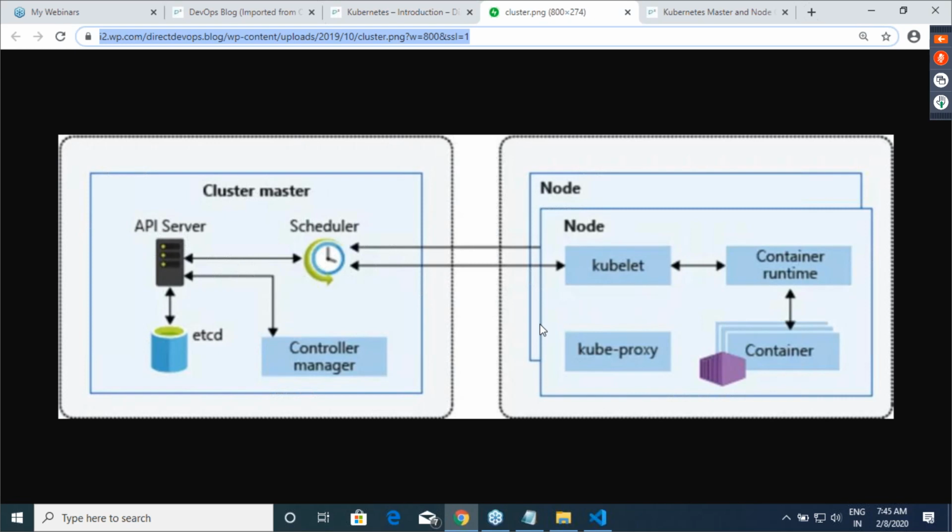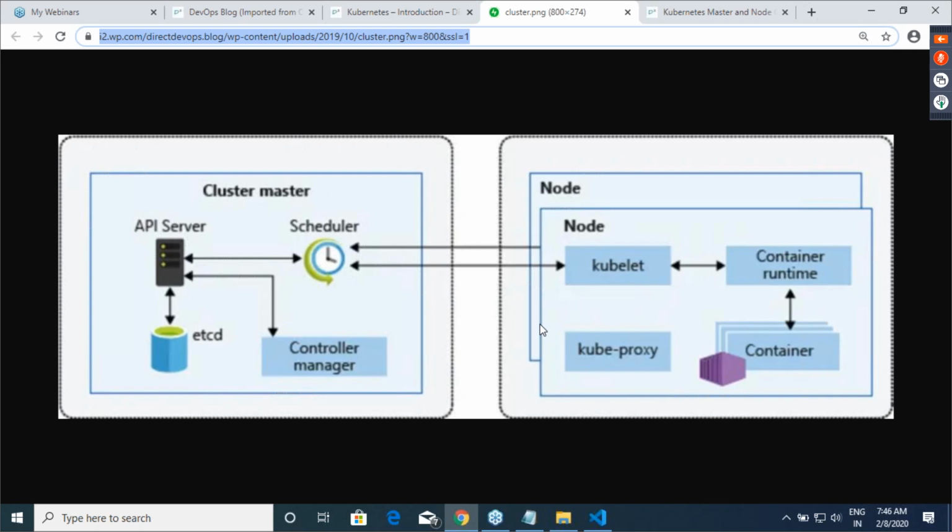The first term which we need to understand is a cluster. And the second thing is a node. A cluster is different machines combined together to make Kubernetes work. And each machine is something which I'll call a node. So what is a cluster? A cluster is a combination of nodes. How many nodes do I need to have? It depends on how big your application is. It is definitely not one. You have to ensure that your cluster is definitely not one machine. You can make it work on one machine also, that's a different story. But in reality, your cluster will always be plural in nature, not a single machine.